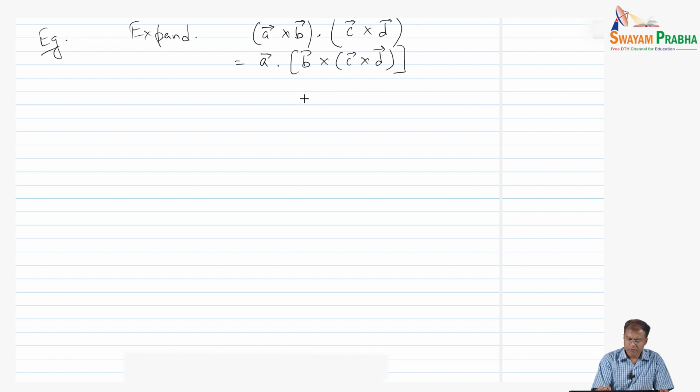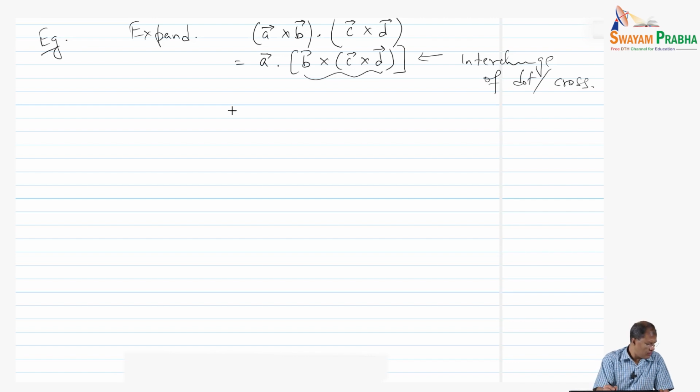What we have done here is we have used the interchange of dots and crosses. And then what we can do now is expand this